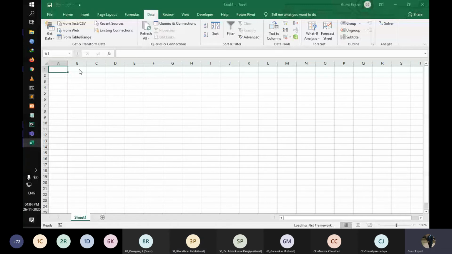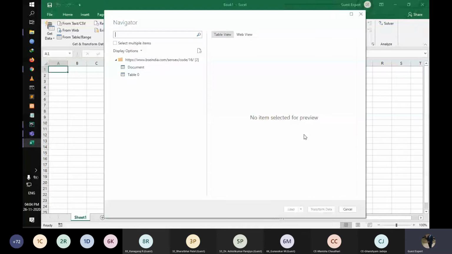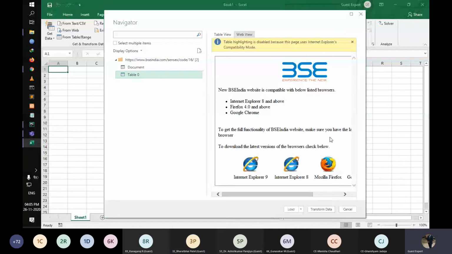Okay, just write down the URL over here and click the OK button. So, sir, first of all, with an internet connection, it finds the BSE website, we fetch the data from the BSE website, and it opens the Excel browser over here. Right now in 2013, they show all the tables in web view. You just click on the table which you want and press OK. Just load the table. This is table 0, document 1. Just click it. Just load it.